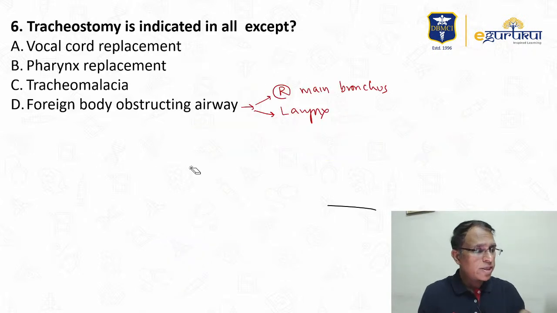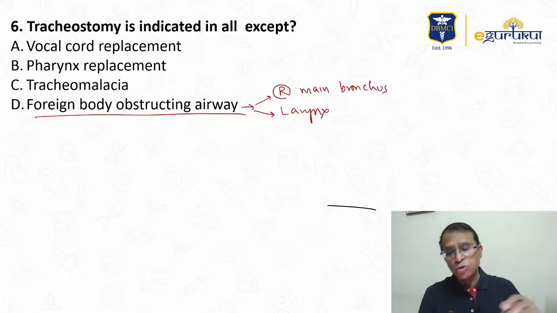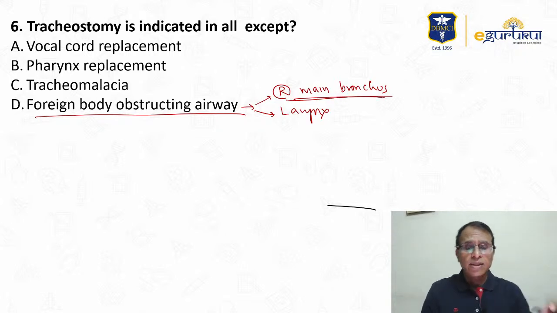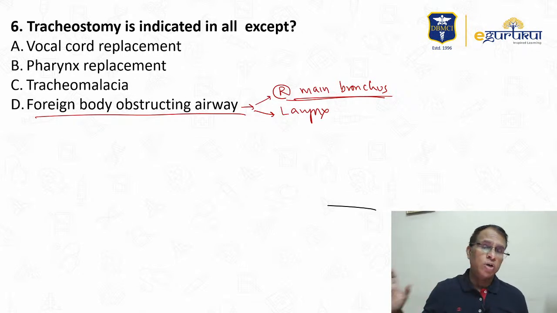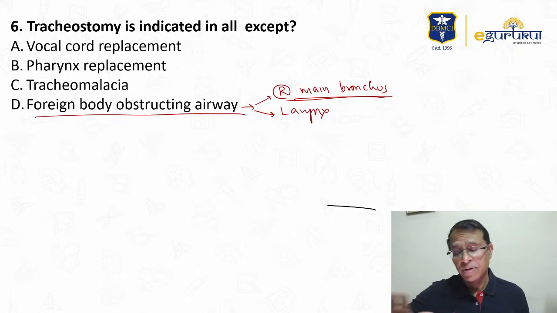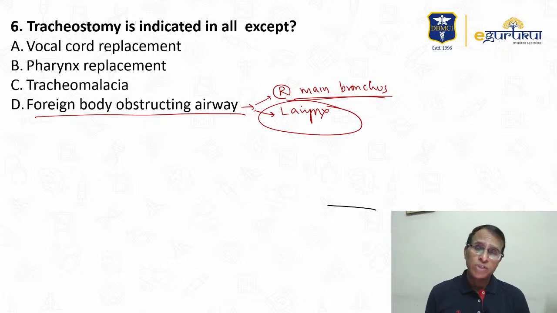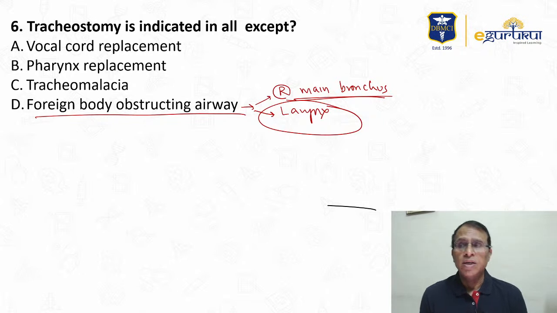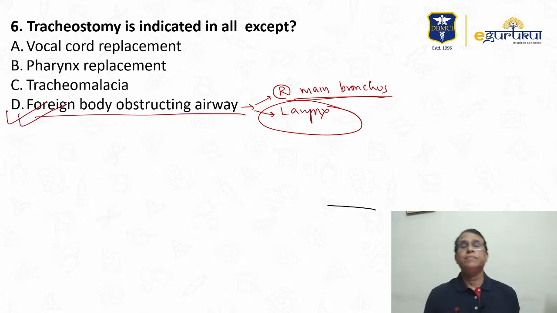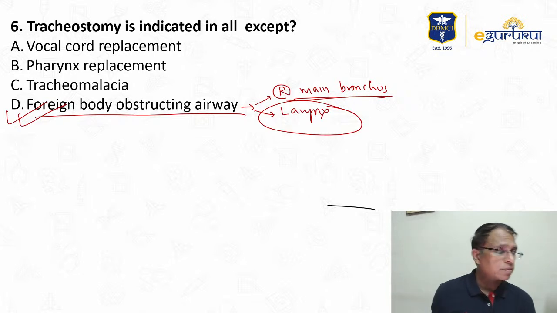Okay. So what I am trying to say is, if foreign body goes to main bronchus, then the patient does not need tracheostomy because the left side is normal, and with a normal left bronchus and lung, one can survive the whole life with one lung. So no tracheostomy required. If it is in the larynx, if the larynx is completely obstructed, then the patient will not be alive by the time it comes to you. So there is no question of tracheostomy. If the patient has reached you alive, that means it's not completely blocked, it is partially blocked. The patient is able to breathe. If the patient is able to breathe through the larynx, why do a tracheostomy at all? And therefore, this is your correct answer. I hope that explains.